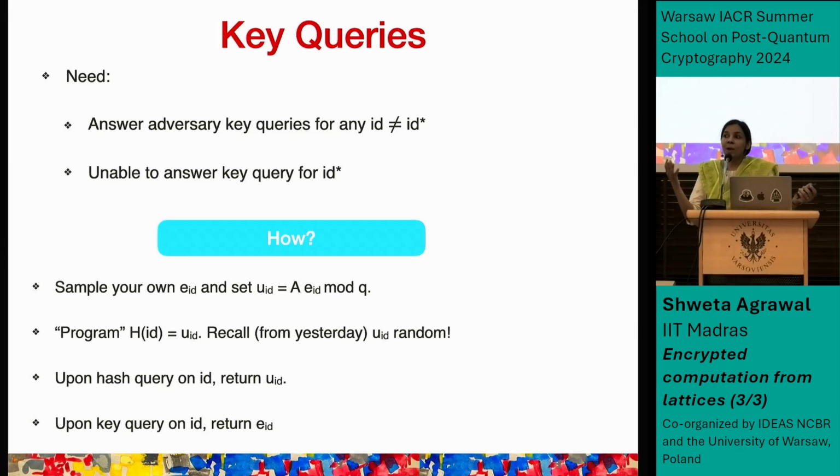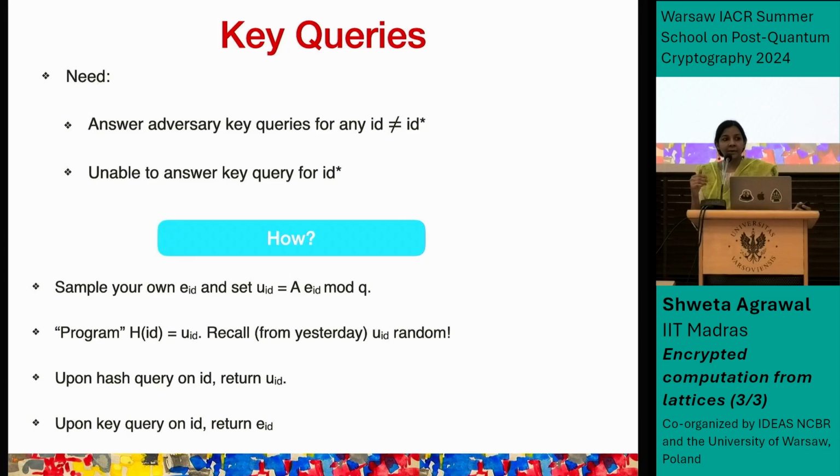If I just compute UID as H of ID, without a trapdoor for A, I have no way of sampling this EID. So the main point is that I cannot have the trapdoor for A. Why? Because A is part of the LWE challenge. So obviously I have no trapdoor for A. So that is why.